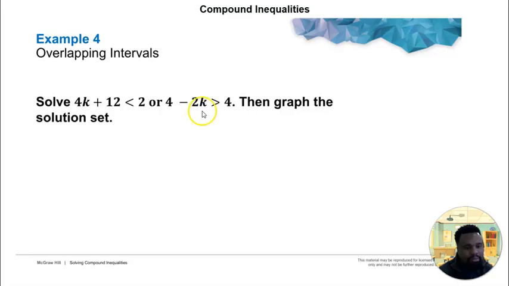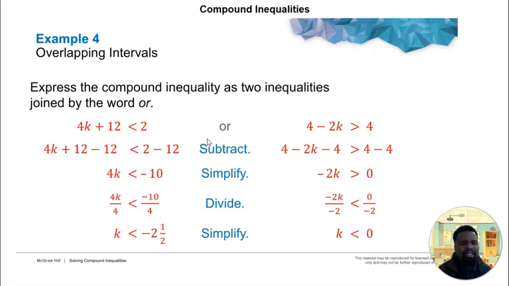And then for this one, we want to add 4 on both sides. That gives you 8. And then 8 divided by negative 2. Since I'm dividing by a negative number, my inequality symbol flips. So that's going to give me 4. So k would be less than 4. And so when we solve that, I mean not less than 4, k would be less than 0. You know what I'm thinking, because 4 minus 4 is 0. My apologies. So I got k is less than negative 2.5, or negative 5 halves, all right, and k is less than